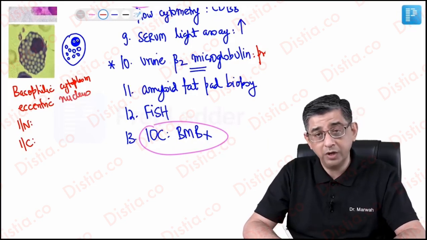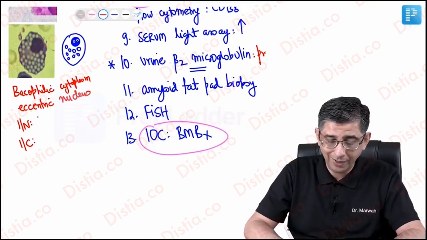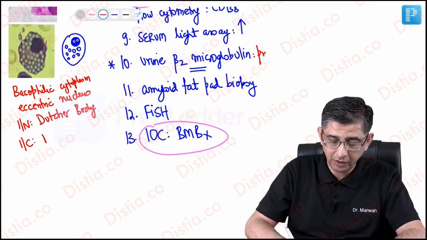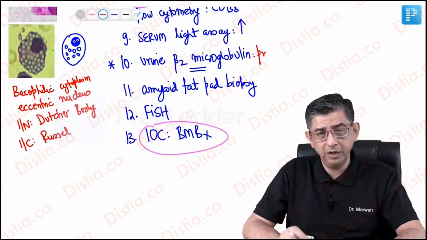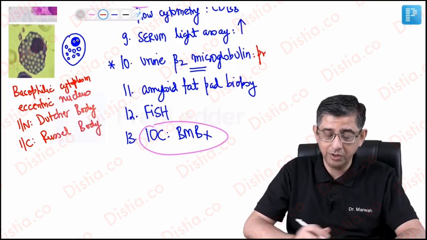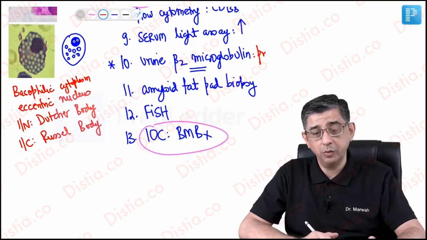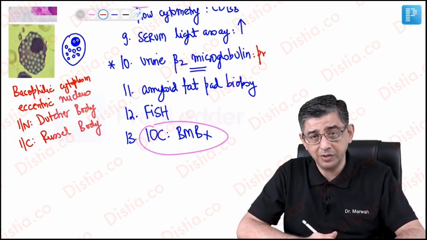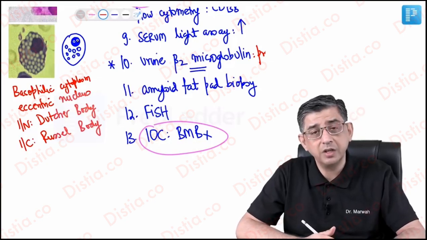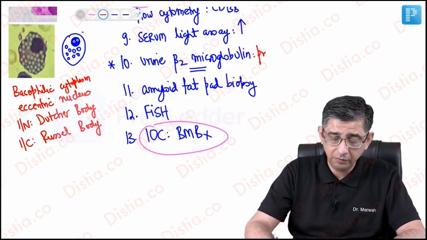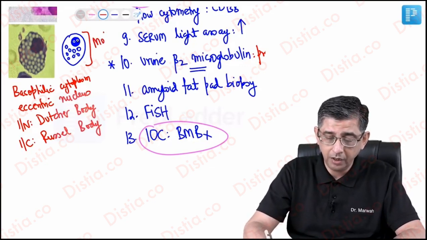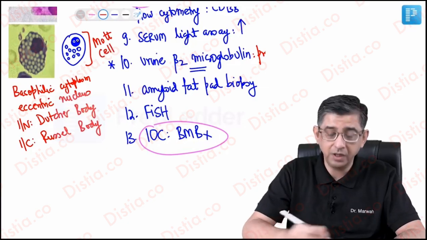The intranuclear one which is present here would be referred to as Dutcher body, and the one which is intracytoplasmic is relatively easy. I mean, even in the initial chapters of Robbins, it is described that intracytoplasmic inclusions in the plasma cells in the bone marrow are referred to as Russell bodies per se. Even in the chapter on intracellular inclusions, he has described it. This cell, which is looking like it is having acne, is also called a Mott cell.